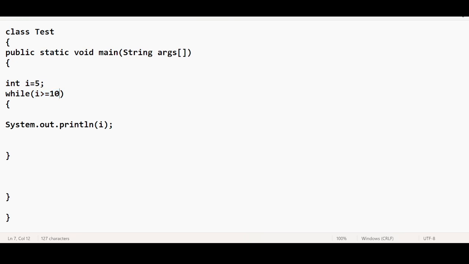Right? So now you tell me, here I am just removing this. Okay, I am placing true here. I am removing this, I am placing true here. Now you think and tell me, guys,